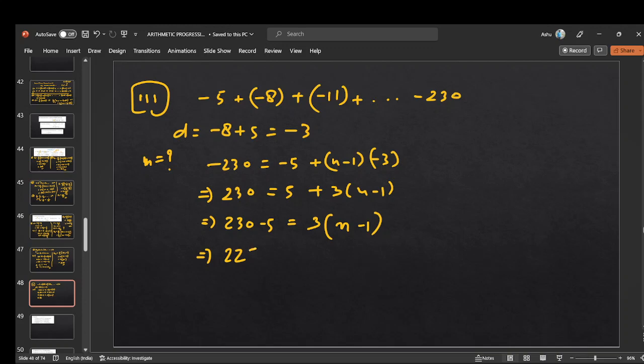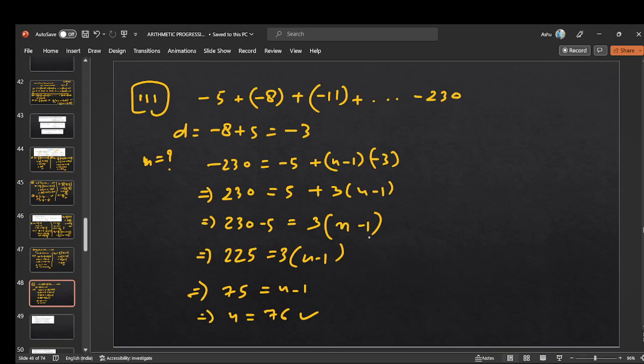We got 225 equal to 3 into n minus 1. Now we can divide it. 3 sevens are 21 and 3 fives are 15. Here n minus 1, then n will be